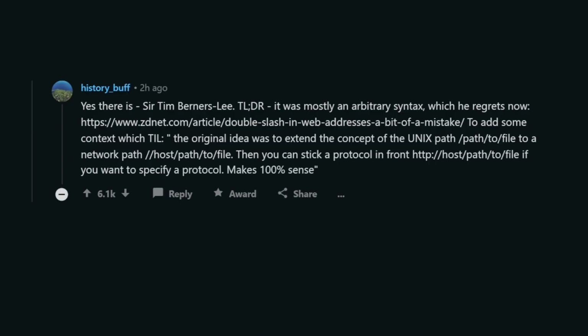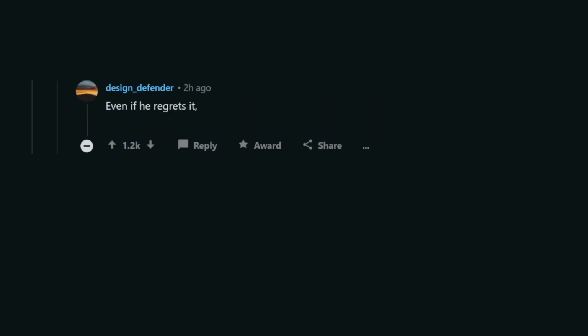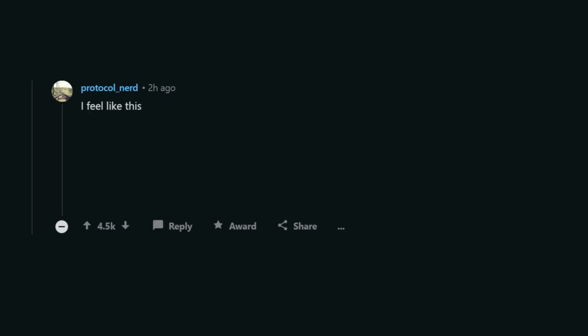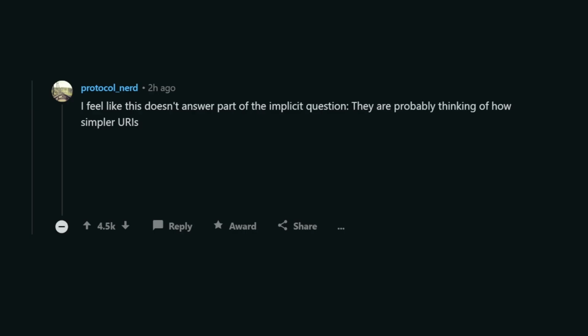Makes 100% sense. Even if he regrets it, I think it was the correct design given what has exploded out of using and extending that syntax. If it was bad and worth regretting, it would have died out in history. I feel like this doesn't answer part of the implicit question. They are probably thinking of how simpler URIs like mailto and tel don't have the // the way actual URLs do.